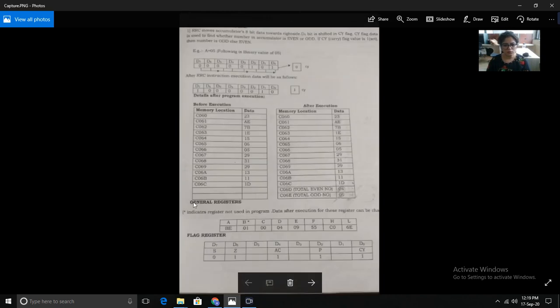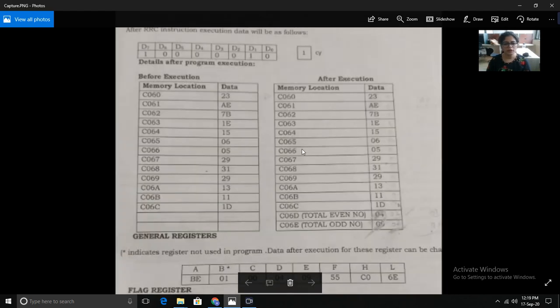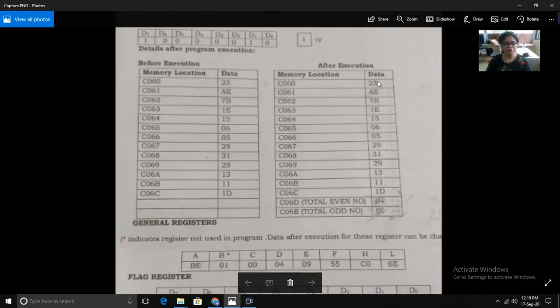Now see, at these memory locations we have stored even or odd numbers. So look at the output. After checking all the numbers, it will store the result. So students, in this book it was written that there are 4 even numbers and 9 odd numbers, but this is not the correct output. I have checked on the microprocessor kit and as well as according to the inputs. So the answer is 0, 3 and 0A.